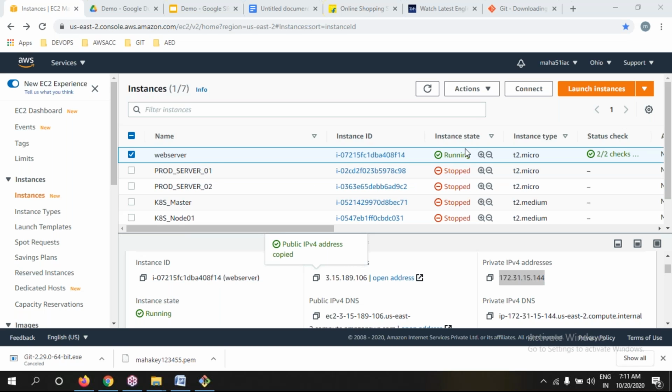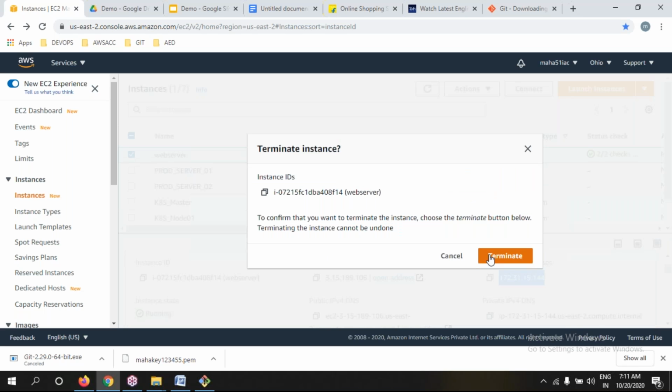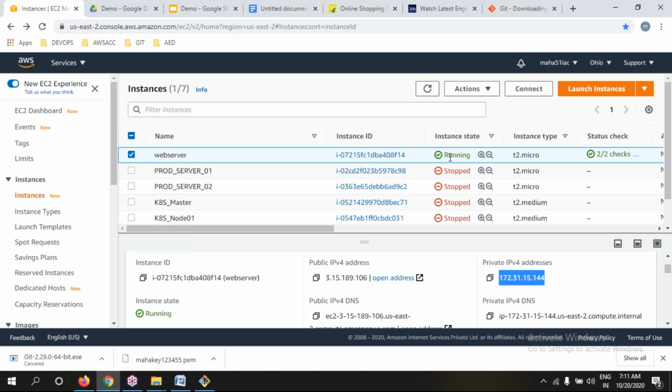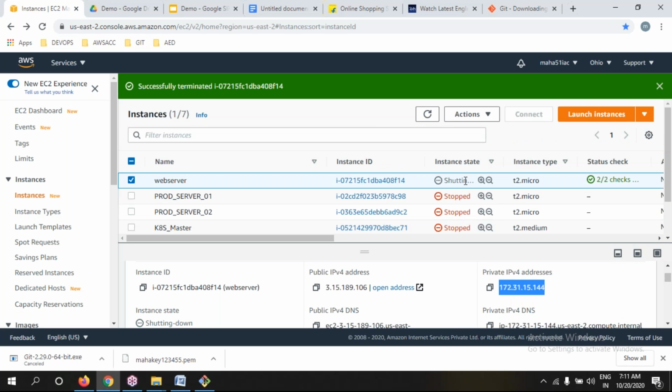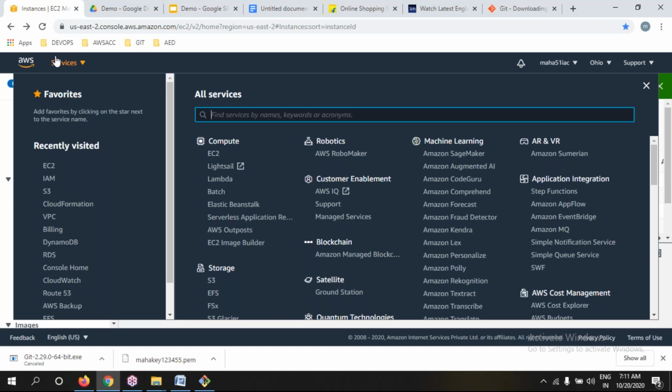So I hope you understood this very clearly. Quickly, let me create one more. I think everybody is new to this technology. Let me delete this. I don't want to use this. After completion of practice, whether you stop or terminate, don't release. This instance should be stopped or terminated. Stop means we can resume tomorrow, continuing practice on the same server. If you don't want it at all, terminate it. Let me repeat one more time quickly. Services, EC2.